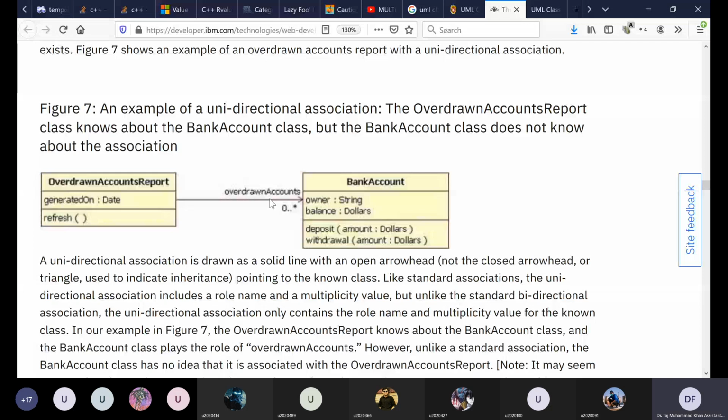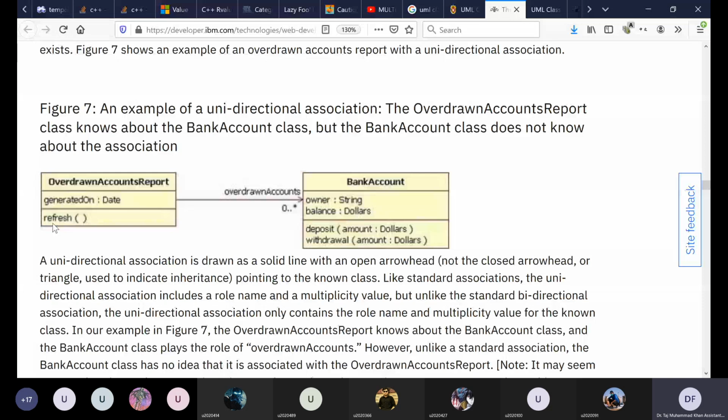So the overdrawn account report class has knowledge about the bank account class, whereas since it's a one-direction arrow, the bank account class does not know about the overdrawn accounts report class.